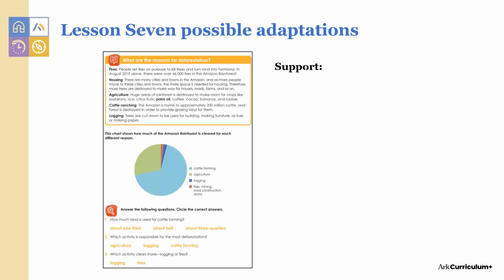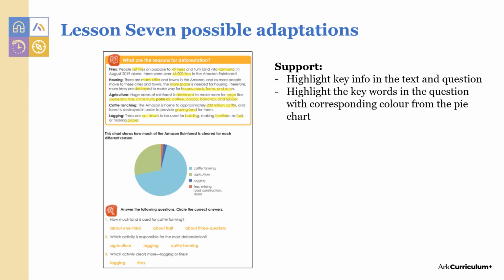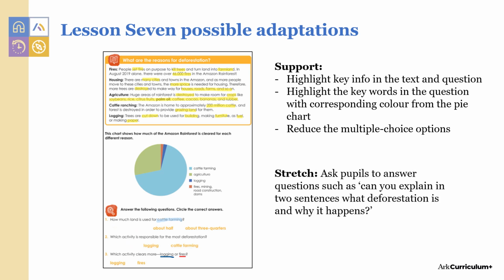In Lesson 7, support pupils by highlighting key information in the text and the question, by highlighting the key words in the question with corresponding colour from the pie chart, by reducing the multiple choice options, and stretch pupils to ask them to answer questions such as, can you explain in 2 sentences what deforestation is